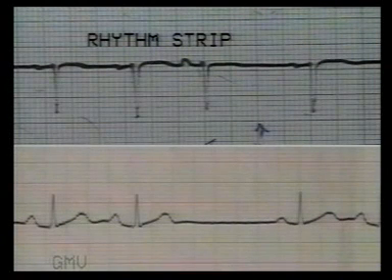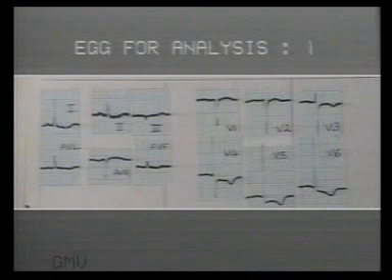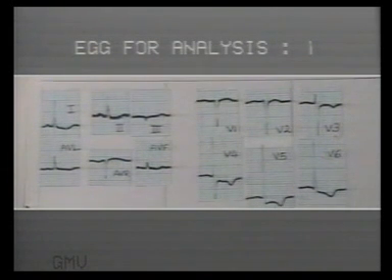If there are pauses, decide whether it is a premature beat with compensatory pause, or sinus pause with escape beat, or non-conducted atrial premature beat, or second degree heart block. For every arrhythmia, you must locate the origin of the impulse and then conduction defects if any. Now let us study a few ECGs on this basis.